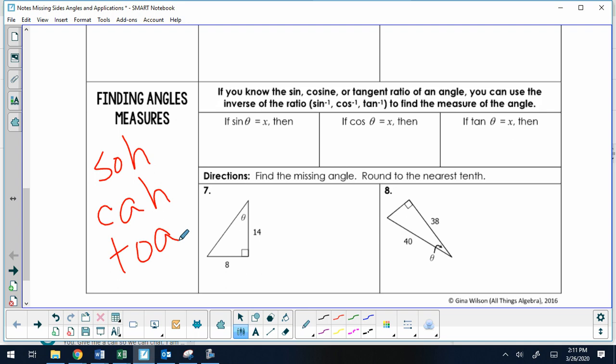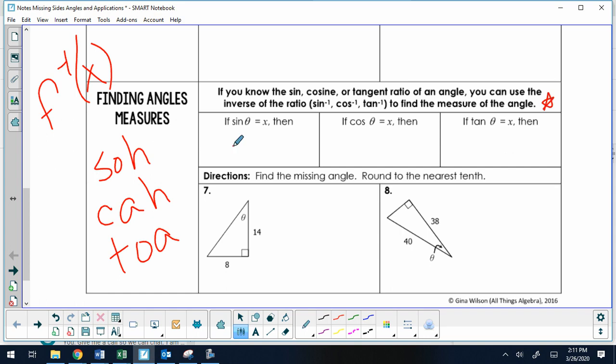So think back to when we did our inverse functions. We use this notation, f to the negative 1. Remember, that's not actually f to the negative 1 in the same way it's x to the negative 1. It's a notation that means the inverse. So we are going to use our sine inverse, cosine inverse, and tangent inverse to find the measure of these